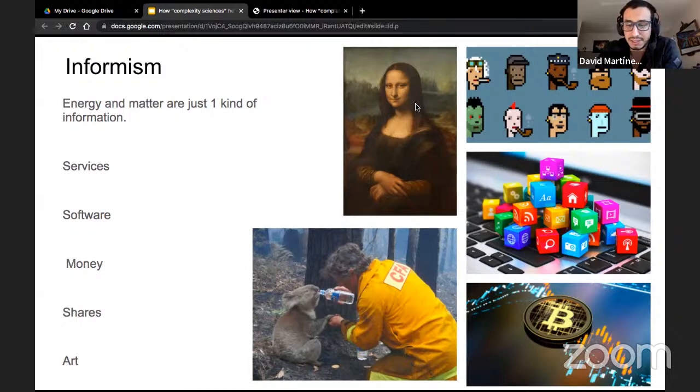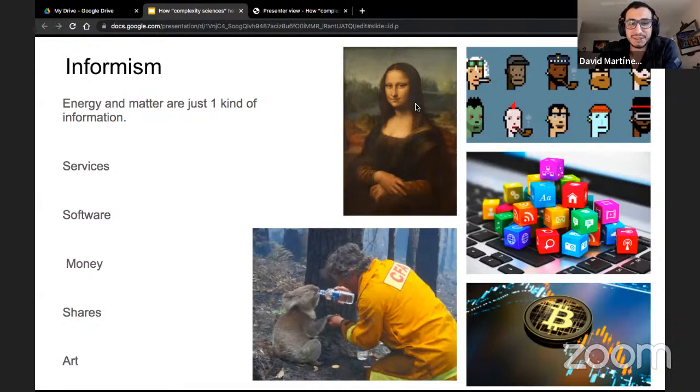We can argue what's the value of money. What gives it its value? We trade in shares. We give value to art. And the value that we give to those things is not based on the number of atoms that they contain.